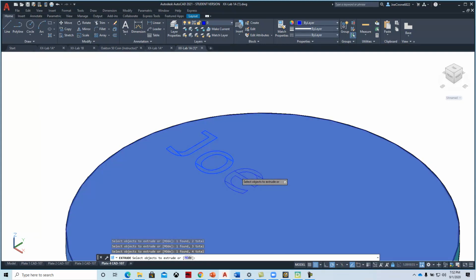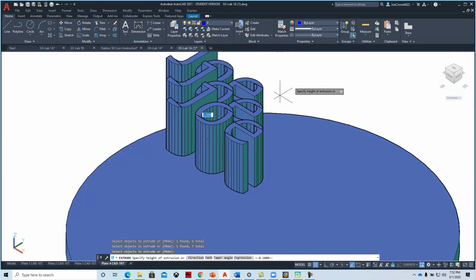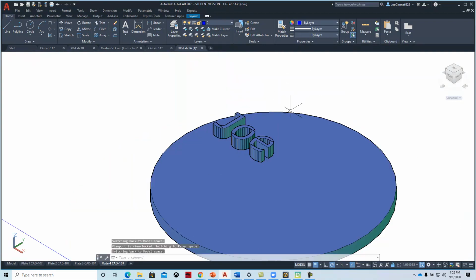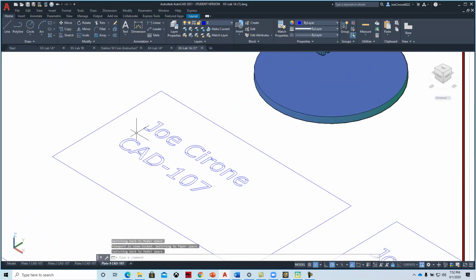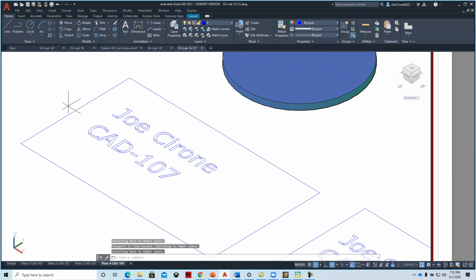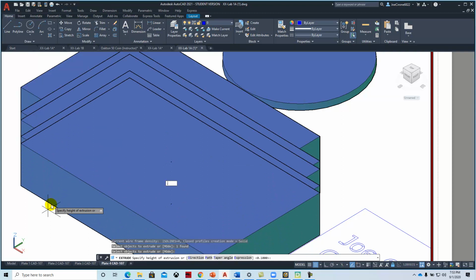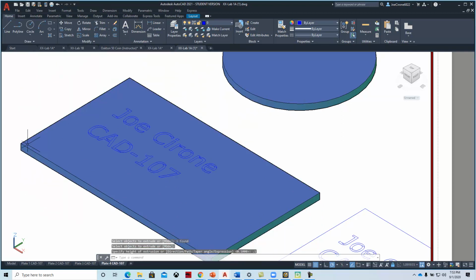Sometimes it's easier if you turn off the visual style. I'll hit Enter, and then I'll go up 0.1. I'll do it again on this piece right here. Same technique. I'll hit Escape. I'll type in Extrude. I'll select the base. I'll hit Enter. I'll go down 0.1. I'm going to turn off the visual